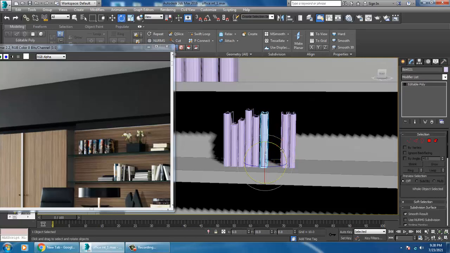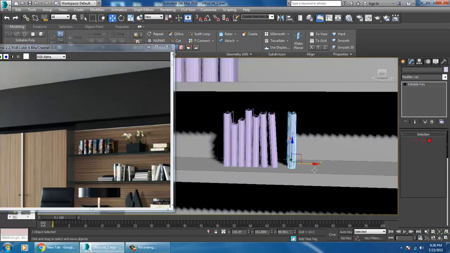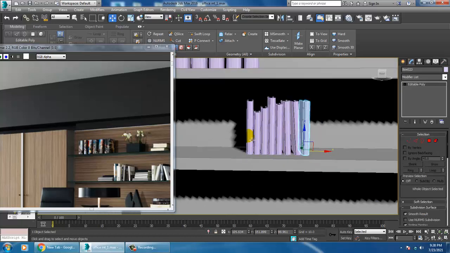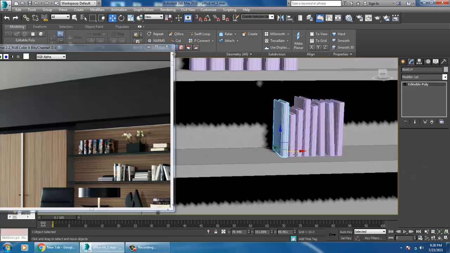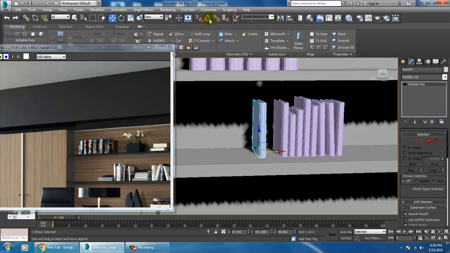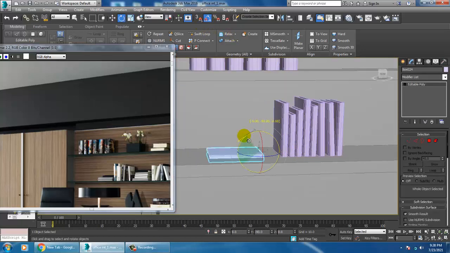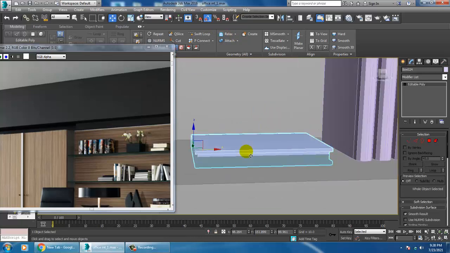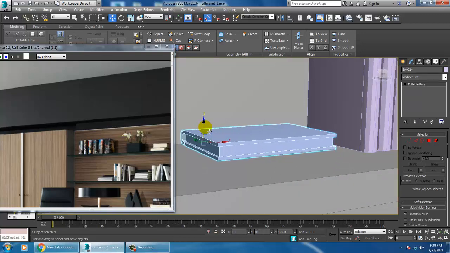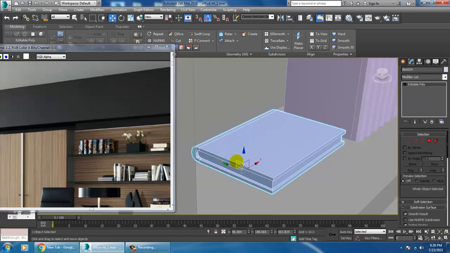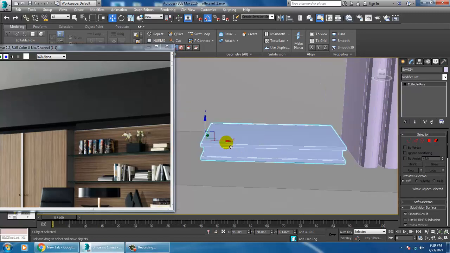Go over here and slightly rotate it. After that, let's again duplicate it and rotate it, and slightly shuffle this up and push it over here.